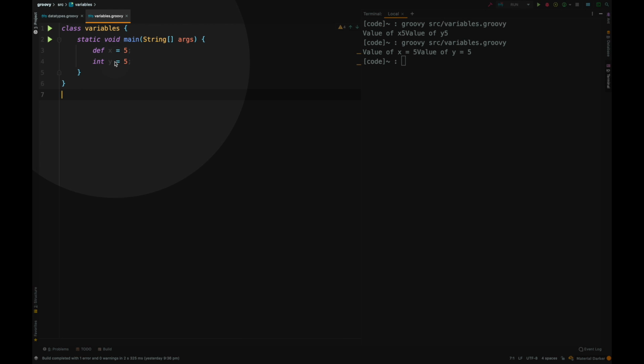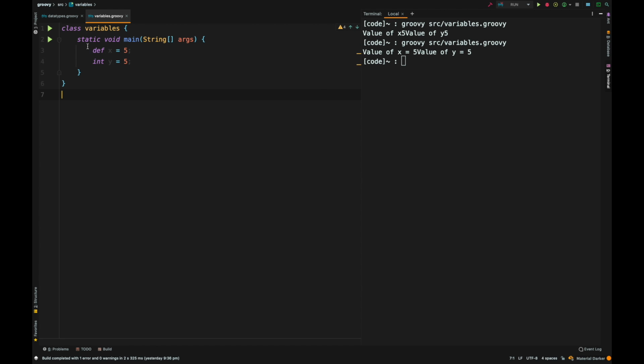We've got x and we've got y, and x has a value of 5 and y has a value of 5 as well. Now this one is defined by using the keyword def, and the second one is defined by using the keyword int. Both are defining a value 5 for their placeholder, or we can say a variable. What is the difference between them?